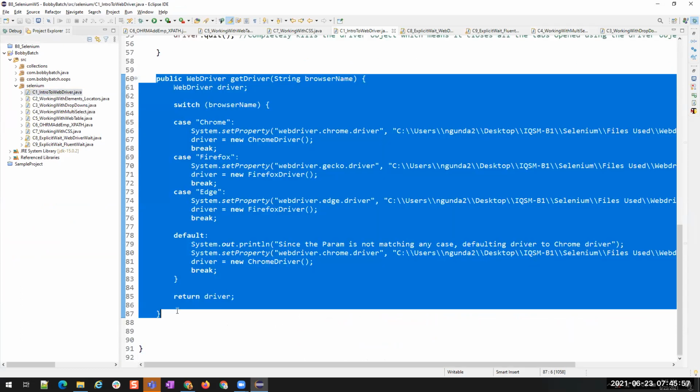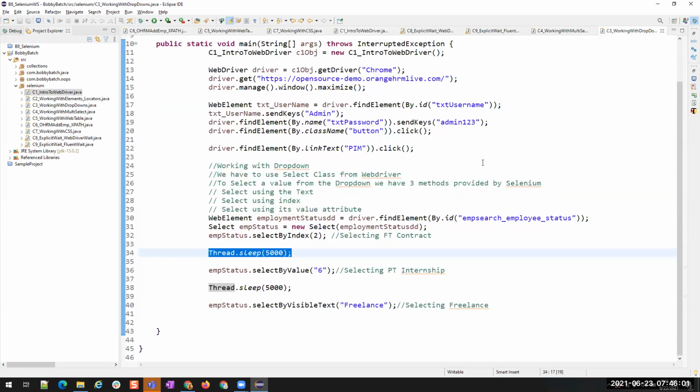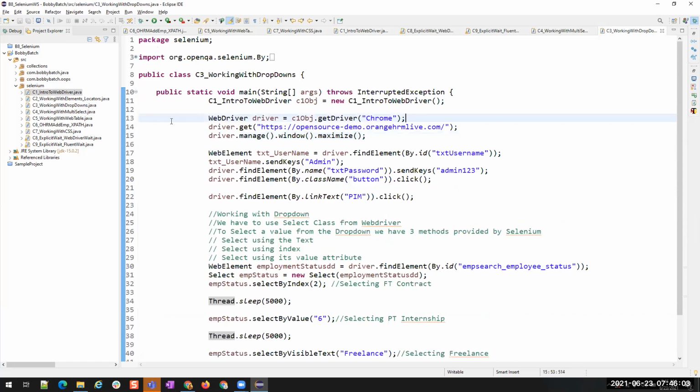I wrote this method in one class, and in each class, wherever I'm writing code, I'm just calling that method, right? I wrote it once and I'm calling it every time. You understood, right? Once we write a method, we can call it anywhere. Agree?